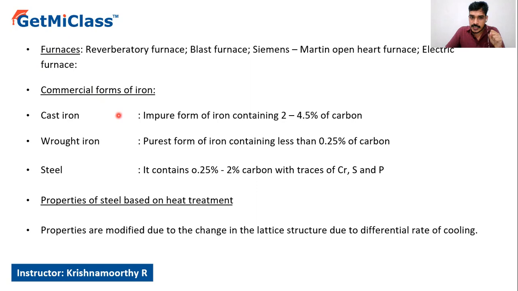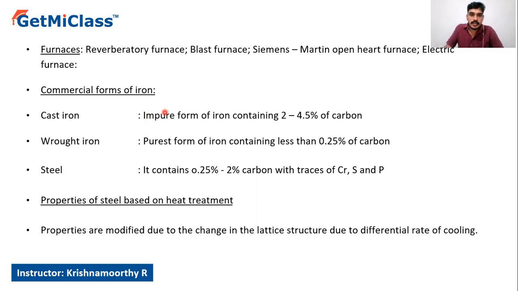Commercial forms of iron. Iron is extracted in the blast furnace. On the top of the blast furnace, you have to add iron ore, hematite ore, coke, and calcium carbonate. This mixture you call the charge. At different temperature ranges, you will get carbon monoxide, and that carbon monoxide is used as